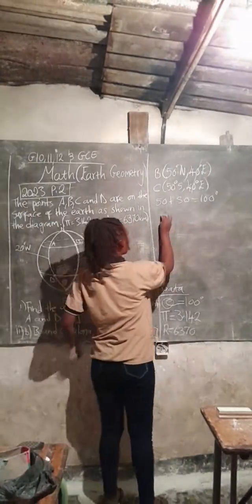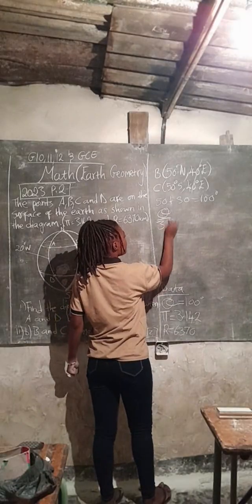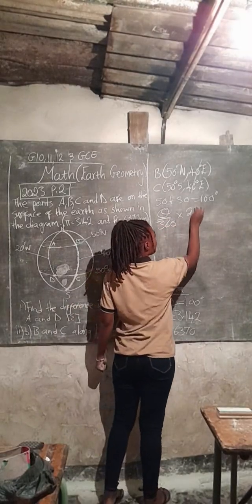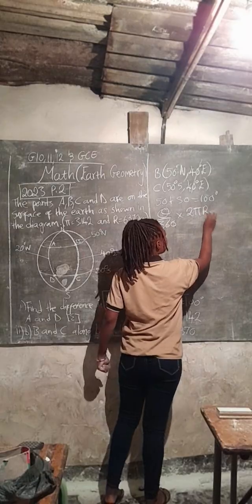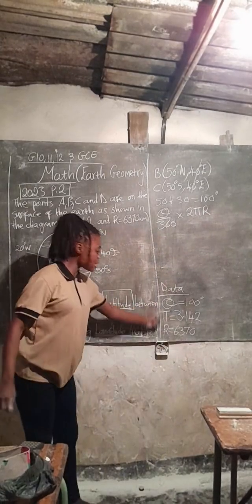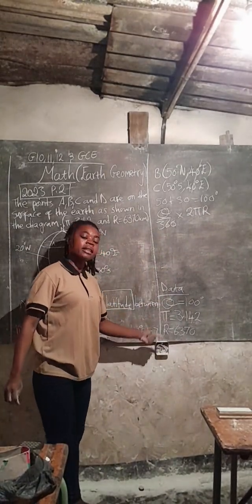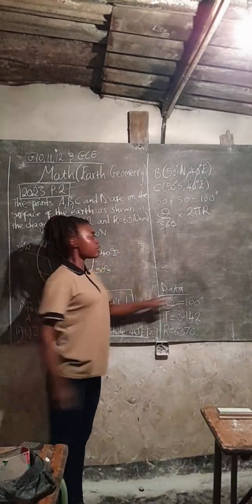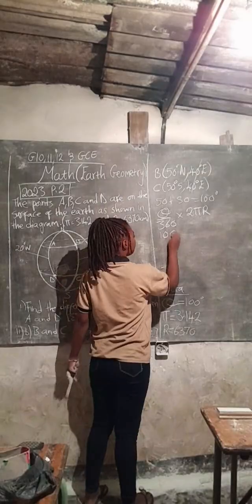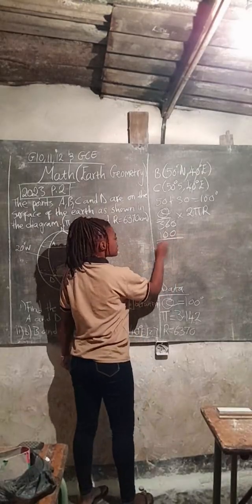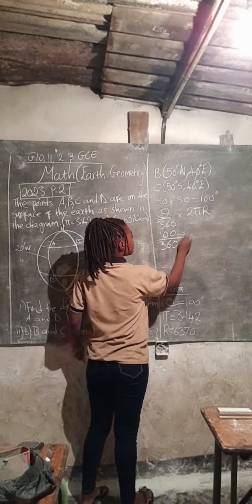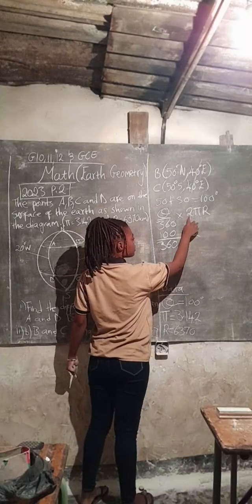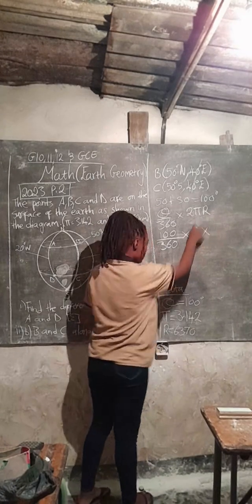The formula was theta over 360 times 2 pi capital R. So just start substituting what we have collected as data. On theta we're putting 100. So it will be 100 over 360 times 2 times pi,